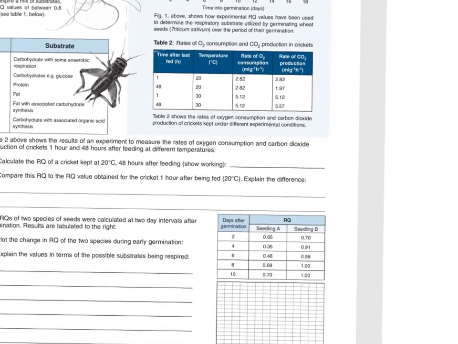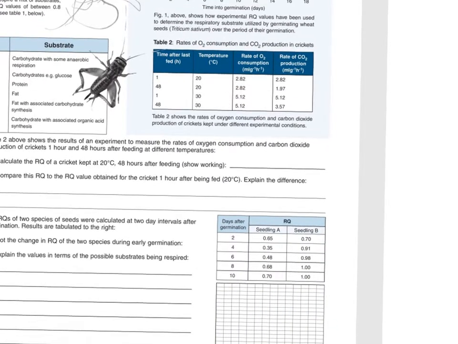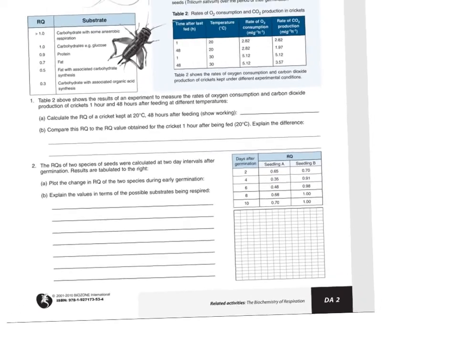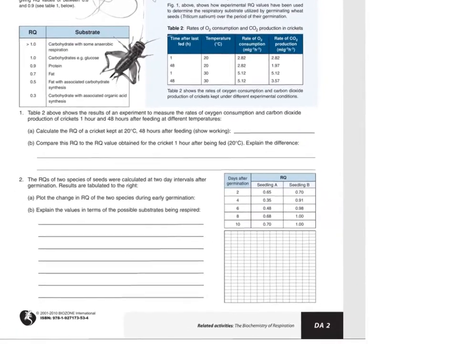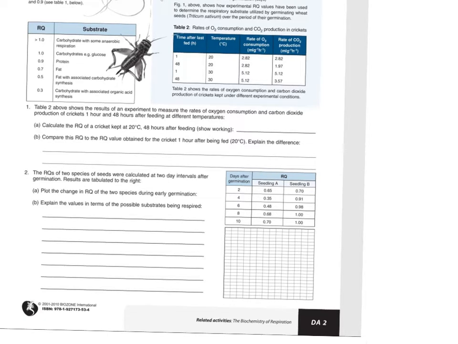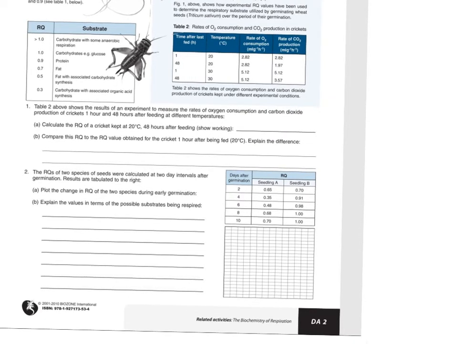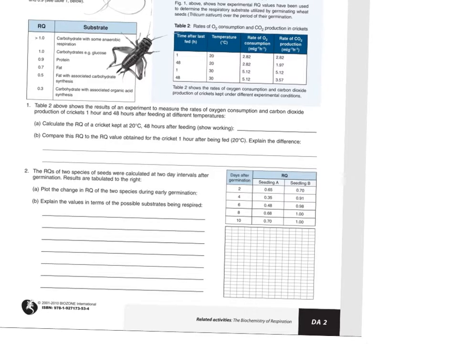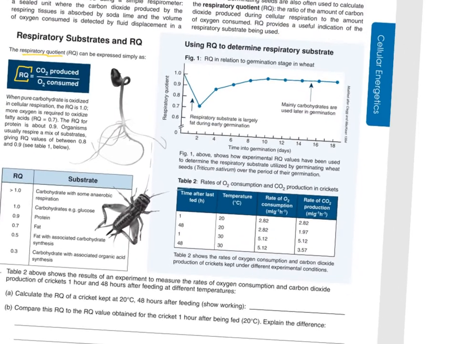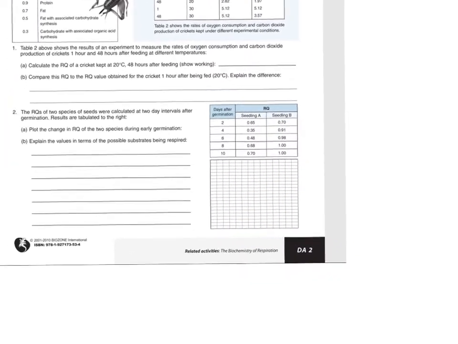Here's a chart. And I think you should be able to answer all those using those tables. Being able to read these tables and charts is very important for your future. You have to be able to read graphs and tables. If you can't, you're going to be in trouble. I don't care what you want to do after high school. Even if you don't understand the basic nature of it, you should be able to tell the relationship between RQ and the material being eaten.